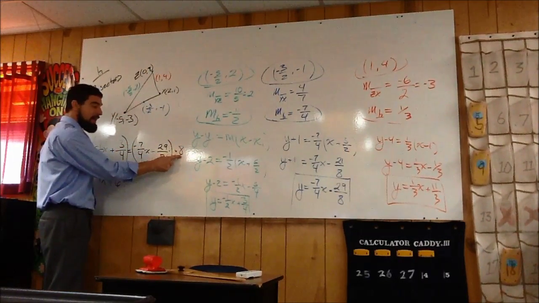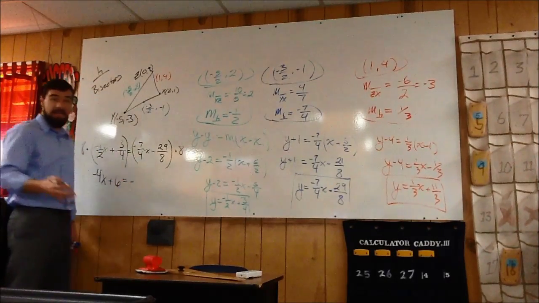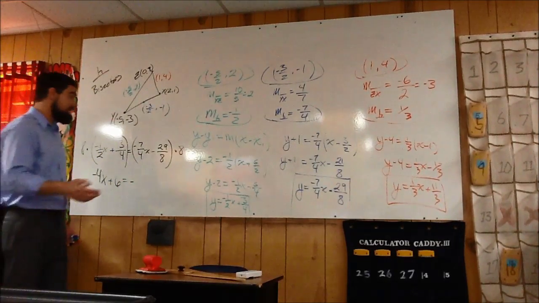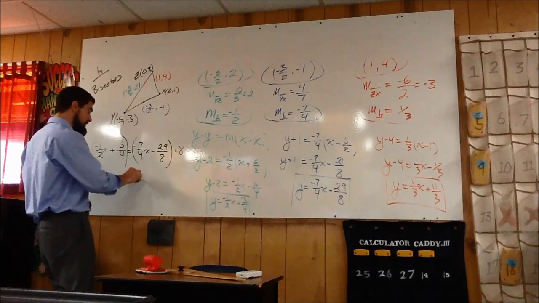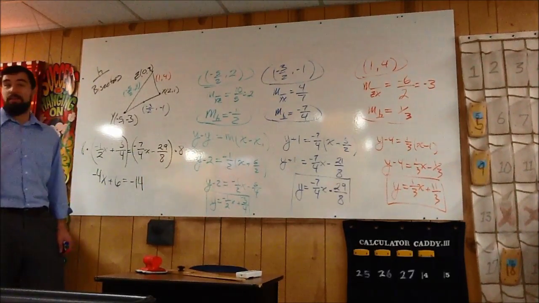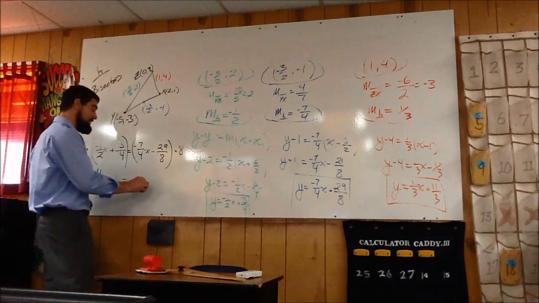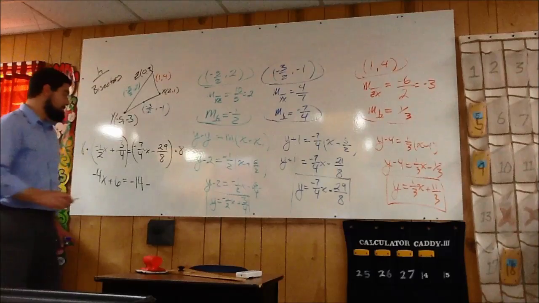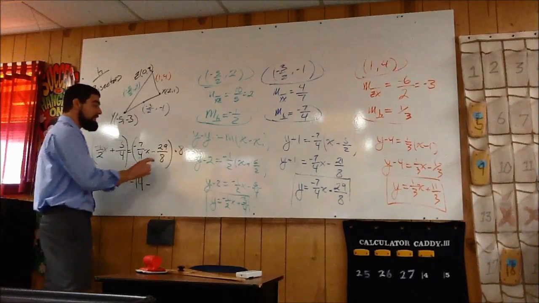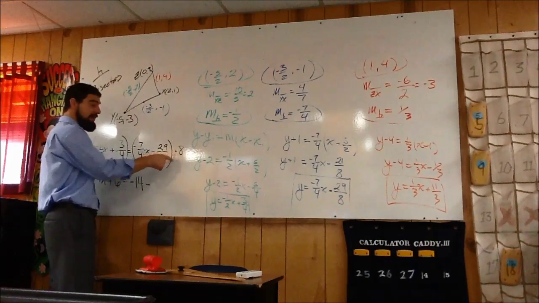We've got a positive 8 times a negative 7/4. I know this value is going to be negative. So what's 7/4 of 8? 14. Good job. Let's use your calculators, alright? Use your calculators. And then we've got this negative 29/8 times 8, where